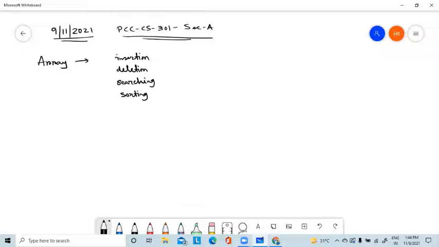Now what is the purpose of sorting or searching? We have seen that one of the searching techniques, binary search, is very time efficient, order of log n, and it requires the array in sorted order. That's why sorting is very important. If you make your data sorted, it will be very easy to search a particular element.